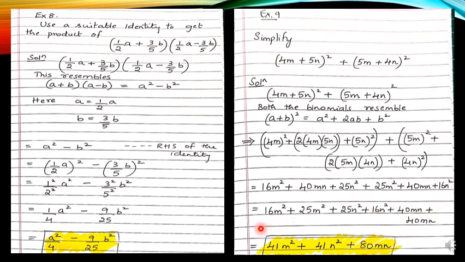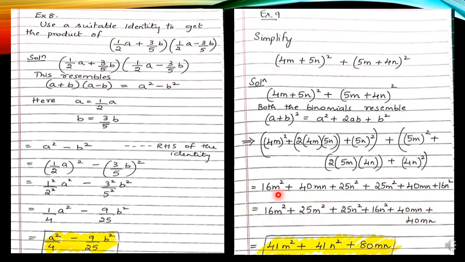Now what we will do is we will write all the like terms together along with their signs. So don't forget this. So I will write 16m square. Then where is the m square term in the previous step? We have here. What is the sign? Plus 25m square. So I will write it as it is, plus 25m square. Then I will write plus 25n square followed by plus 16n square. Which are the other terms remaining in the previous step? We have plus 40mn plus 40mn. So all those I will write here.